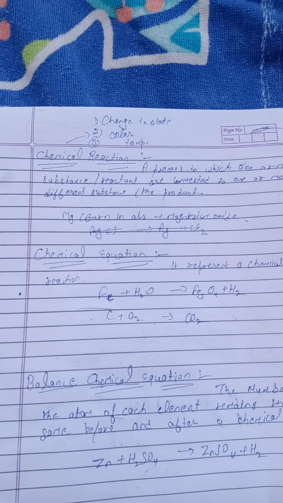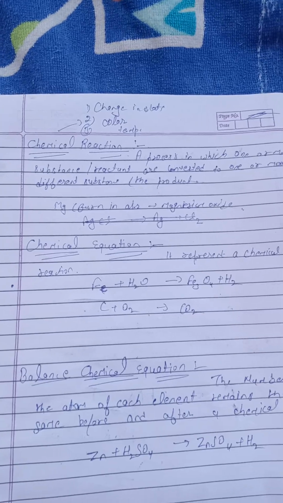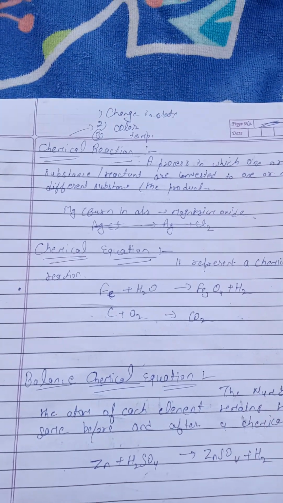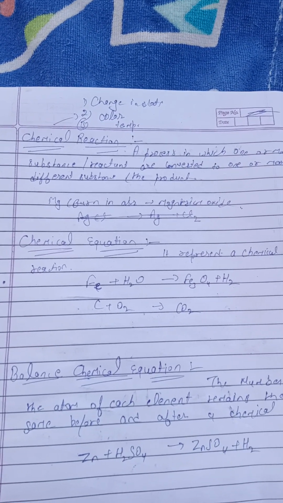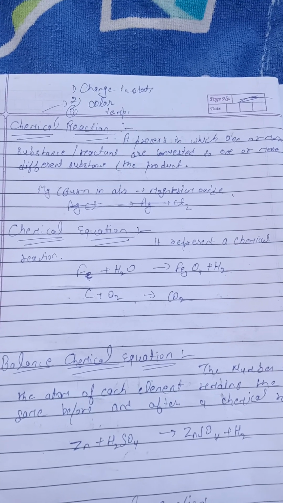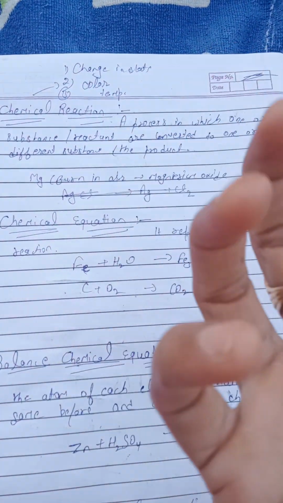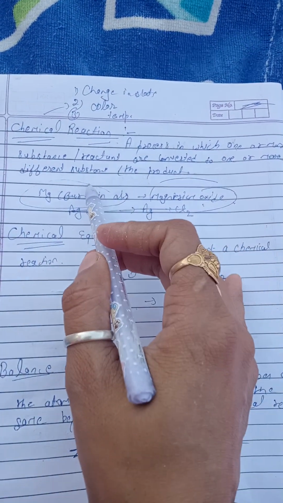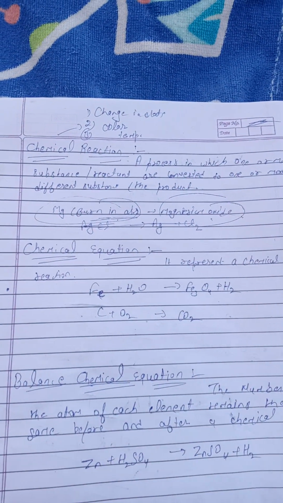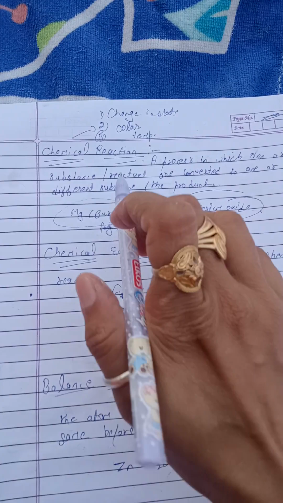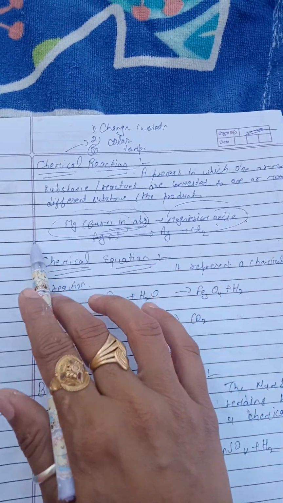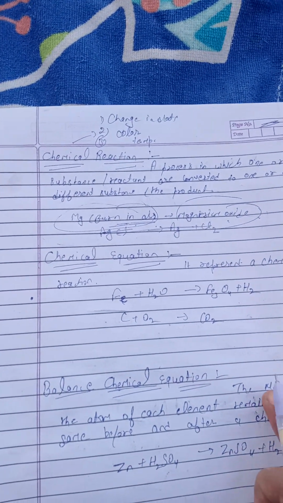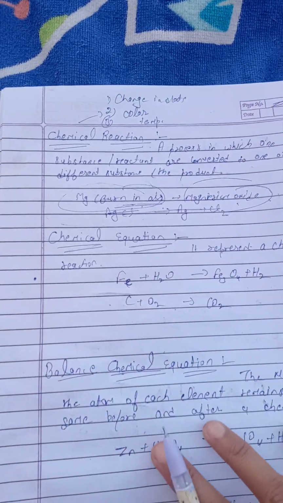Here for example we can say that magnesium ribbon is burned in the air, then it gives the magnesium oxide. It means that when the magnesium ribbon is present in the air, then it gives the magnesium oxide. Here magnesium oxide is the product, and magnesium ribbon in the air is called the reactant. So a chemical reaction is one in which two or more reactants are converted into the product, written just like a line, not the words.